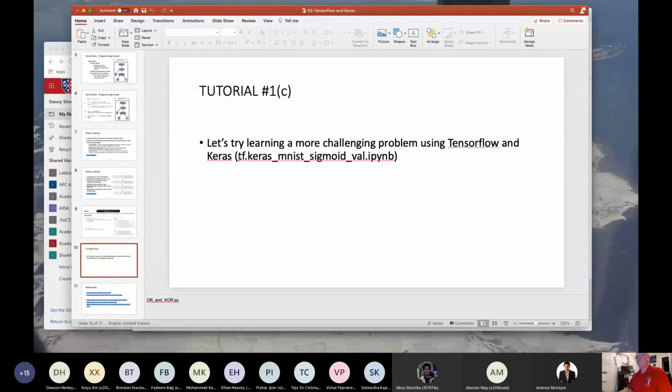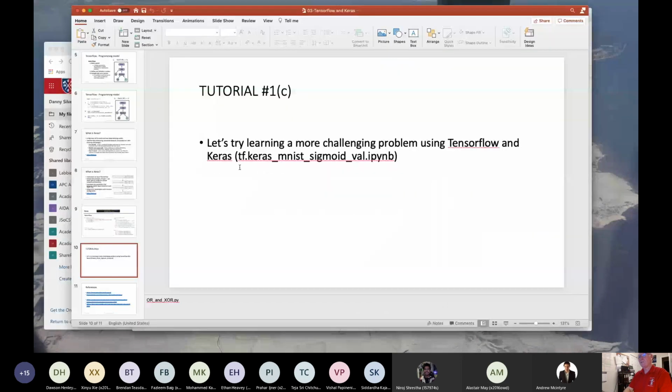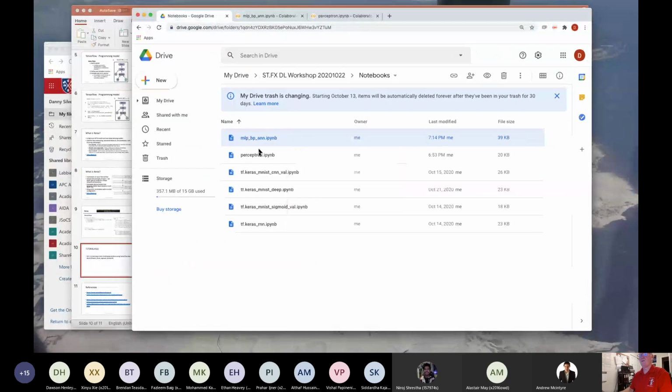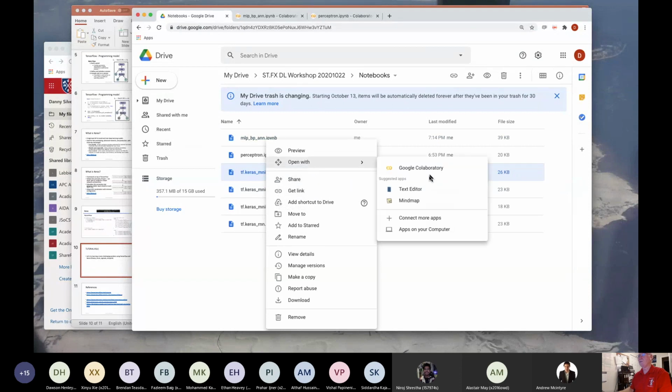So if we now turn back to the code in Colab, we're going to execute this piece of code, TF Keras MNIST sigmoid validation. And we're going to see that this is much easier to work with.